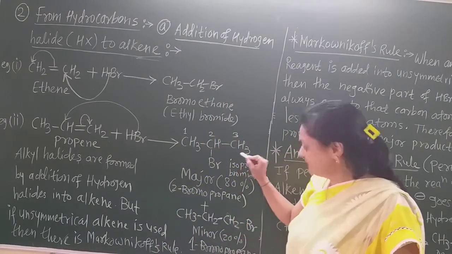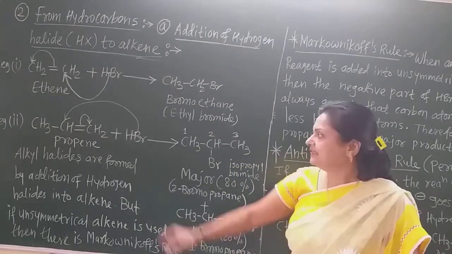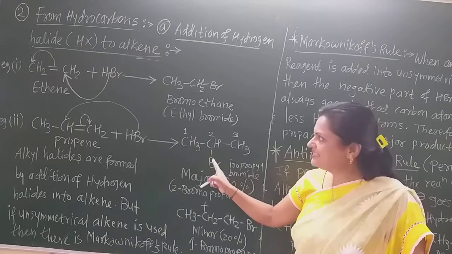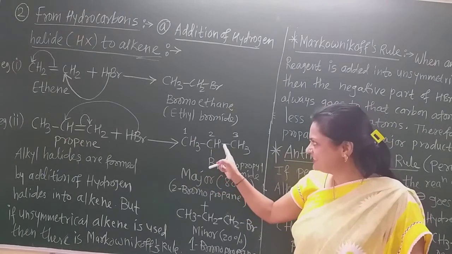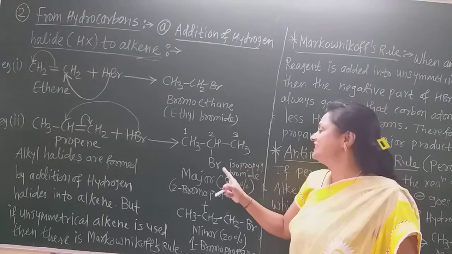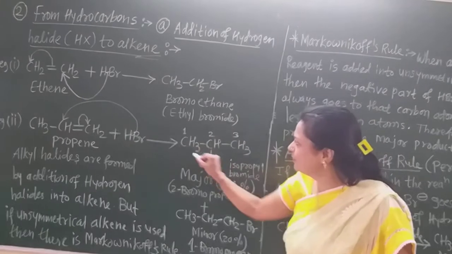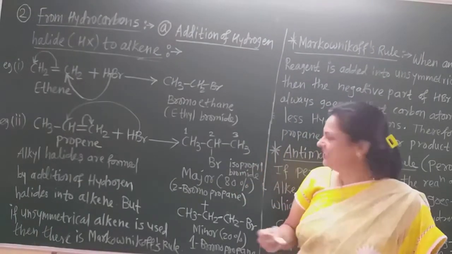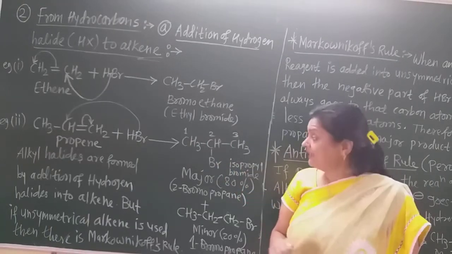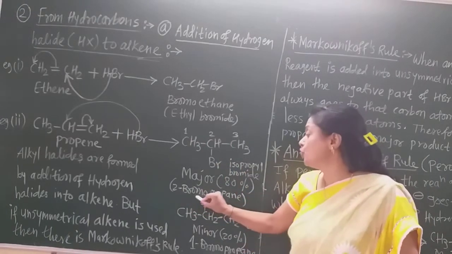So what is the product? Such type of product. See here. That CH3 as it is. Now this CH, to that CH bromine will get attached. Here is the single bond and CH2 becomes CH3. Now this is the product. This is the isopropyl group. We know that. So generally it is the isopropyl bromide. But on giving the numbering, the IUPAC name is 2-bromopropane.